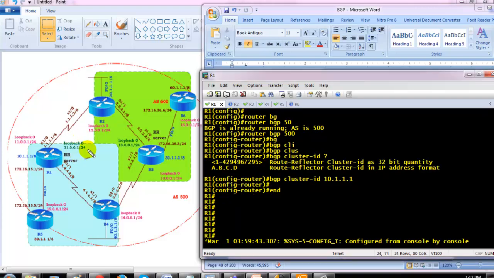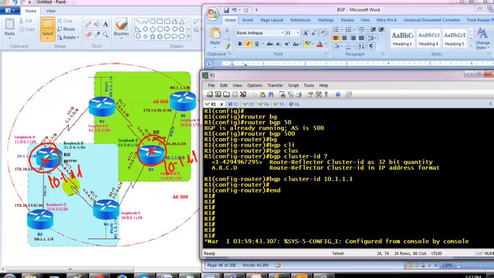But when it comes to troubleshooting, you may come across some scenarios, especially when you're doing a CCIE lab exam. Probably when a question is asked on troubleshooting, you may have a configuration where this router has the cluster ID of 10.1.1.1.